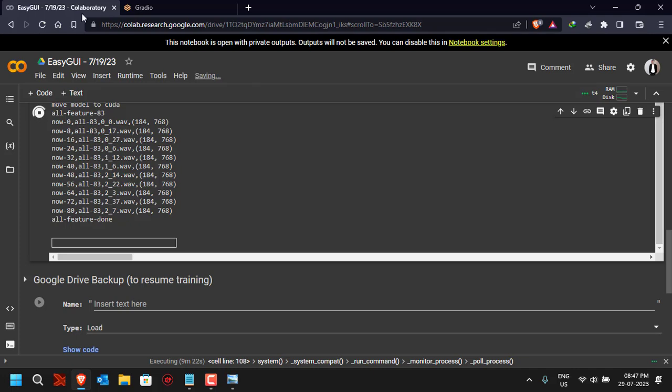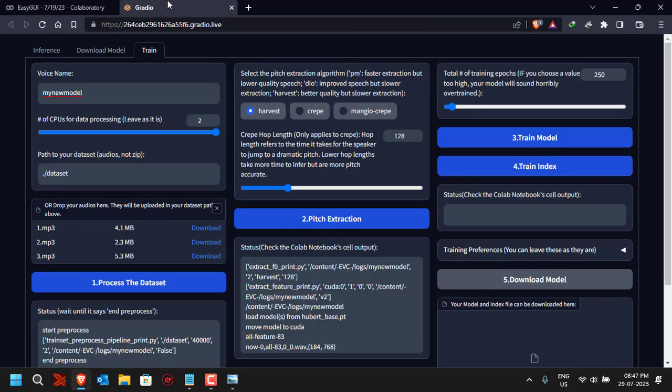So if I go here, you can see that all features done. When you see this message, all features done, it means that this pitch correction, pitch extraction part has been completed. Now you can click on train model. So if I click on train model over here, it will start training AI with these voice samples that I